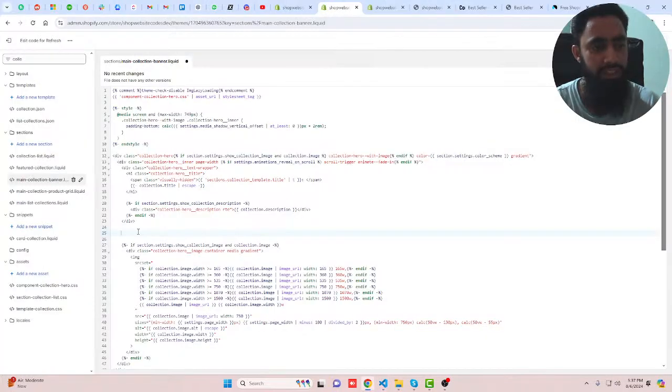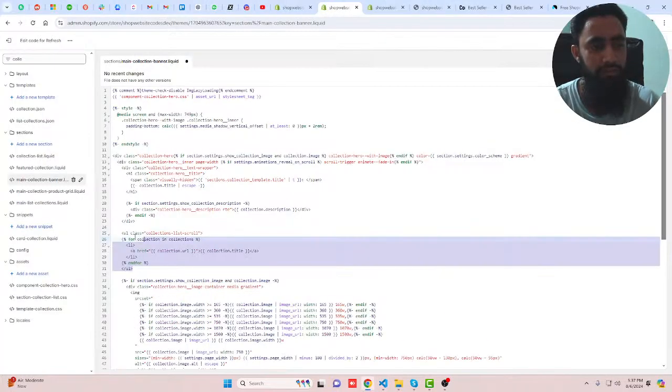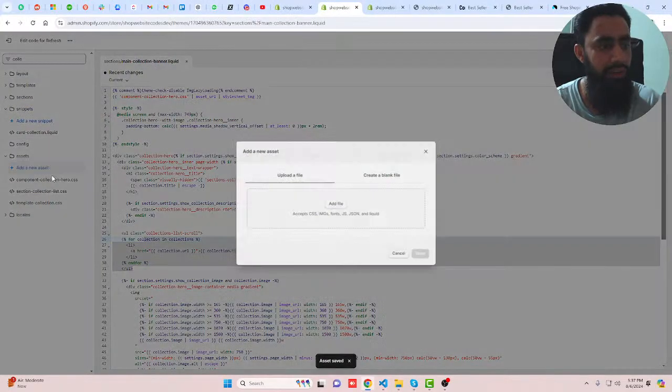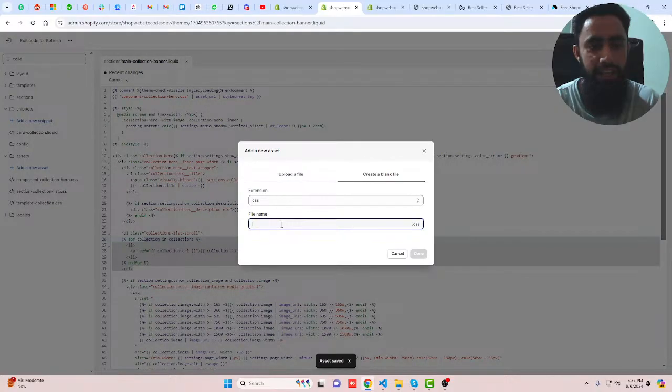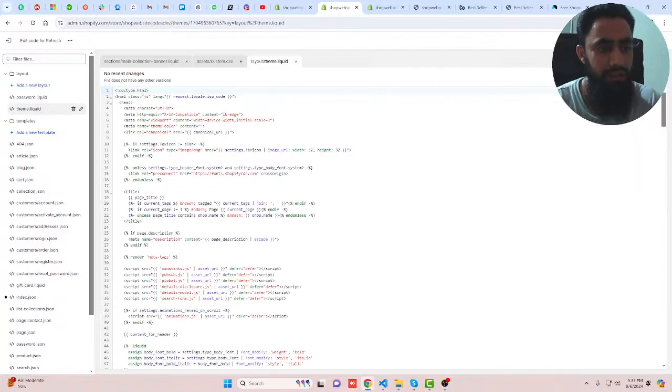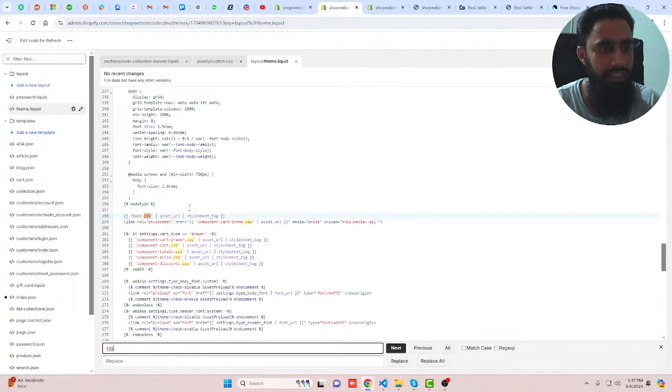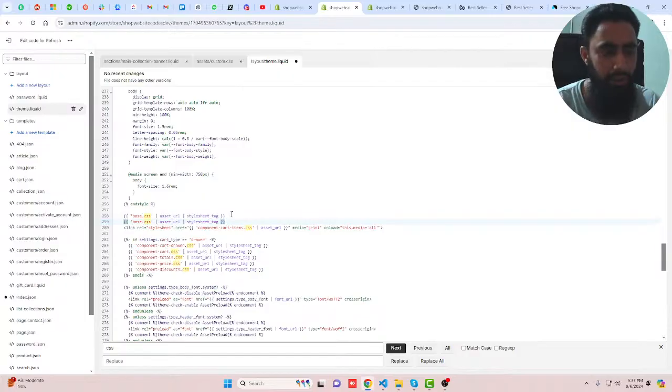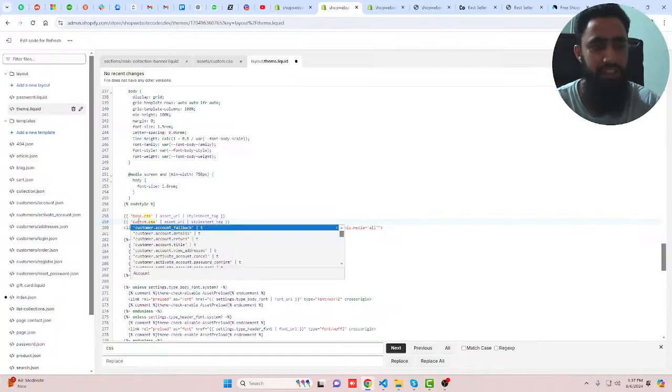Copy this, paste it here, and then we need to add some CSS. So for the CSS, I am going to create another new file. So let me show you how you can create a new file. Click on assets, click on add a new asset, click on create blank file, and here you should write custom. So this way we are going to create a custom CSS, but that custom CSS you need to include in theme.liquid. So here we will be having some CSS. You should search it, and here you can see that we have base.css. You should copy this complete line and paste below, and then after you should write here custom.css and then save